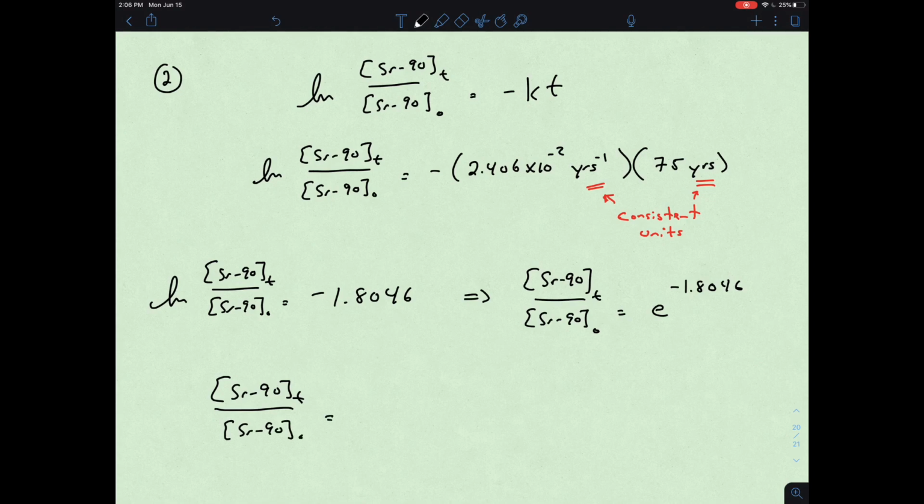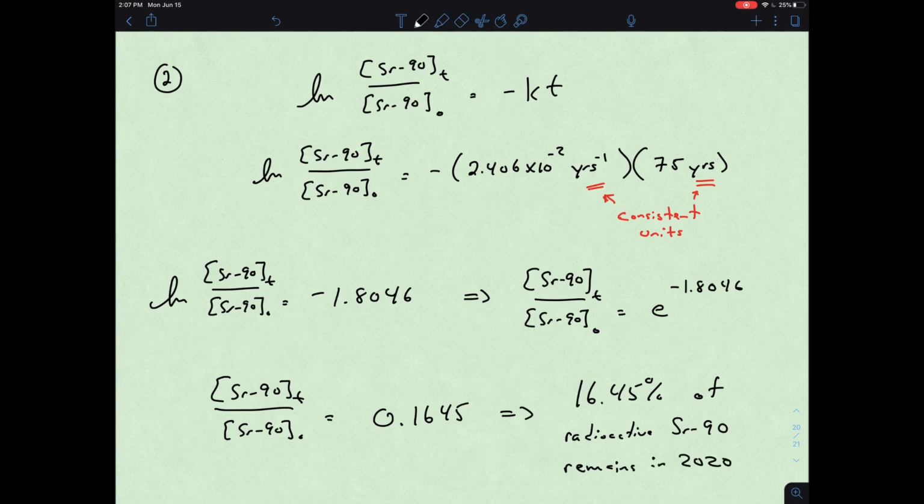And so our ratio of strontium-90 at 75 years would be equal to 0.1645, or 16.45% of radioactive strontium-90 remains